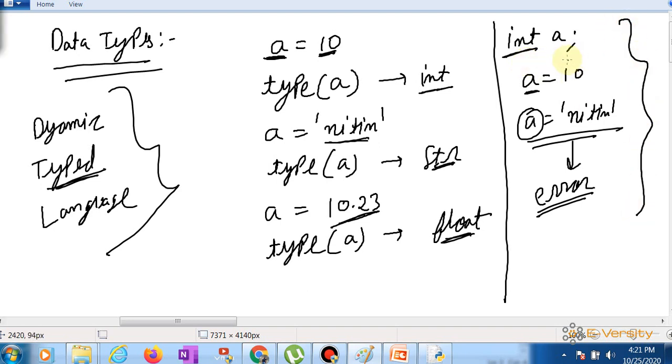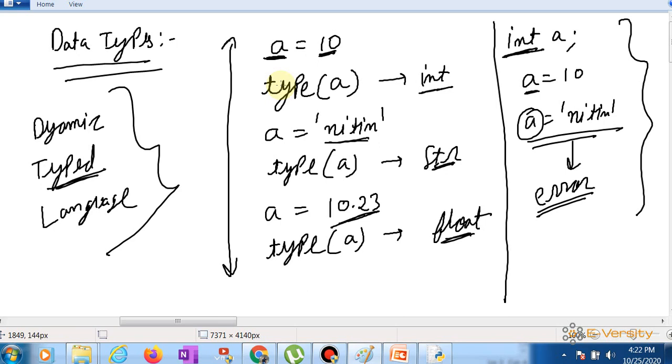So that means you should define the variable type initially. After that you can use it. So that means it is a static type. And in Python you can see it is a dynamically typed language. The type of the variable is dynamically changed according to the value. So if I am giving a boolean type value, the type of the variable is boolean. If the value is a string, the type of the variable is string, right? So this is basically data types.